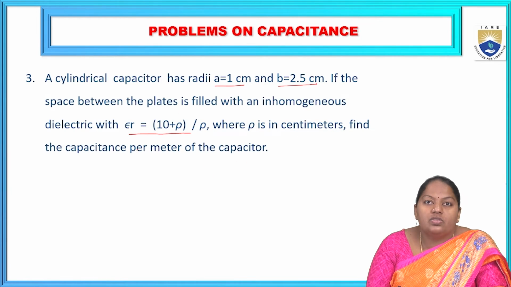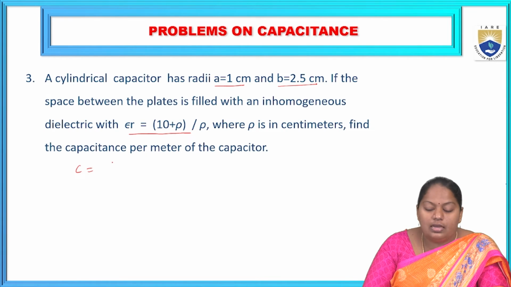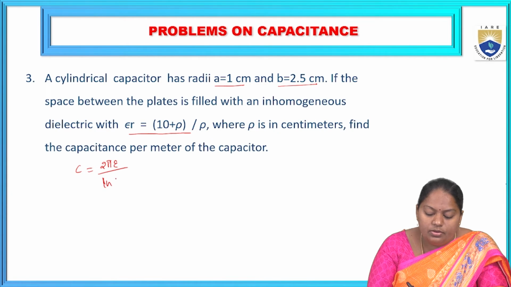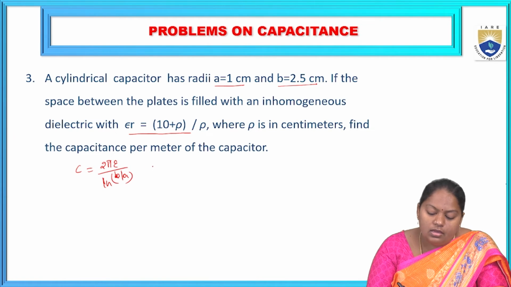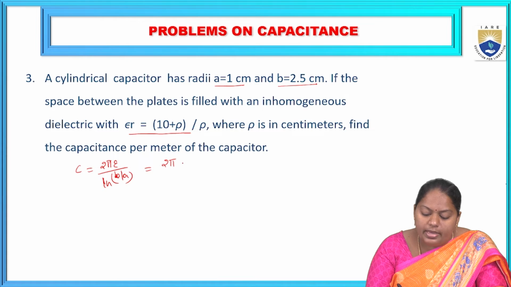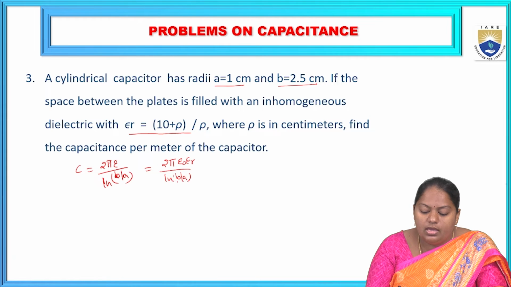So a cylindrical capacitor is given, and we need to find its capacitance, which is 2 pi epsilon by ln of B by A. Epsilon is to be considered as epsilon naught into epsilon r, by ln of B by A. So it is equal to 2 pi epsilon naught, where the value is